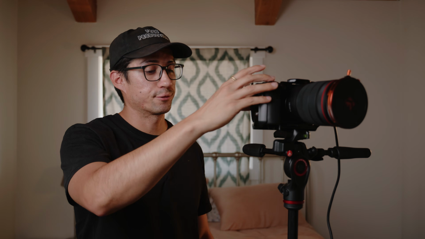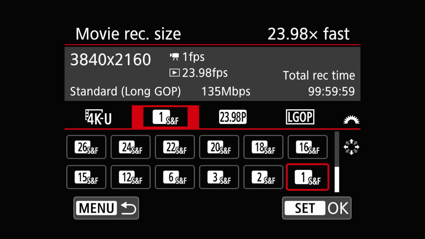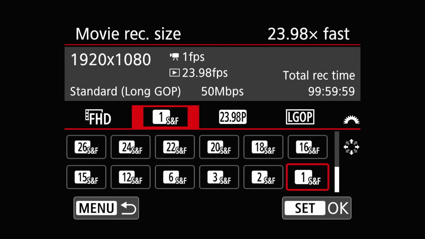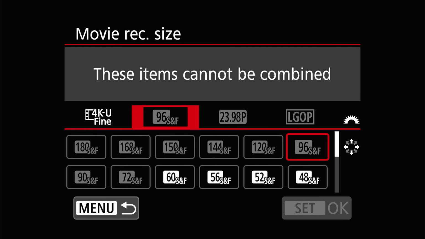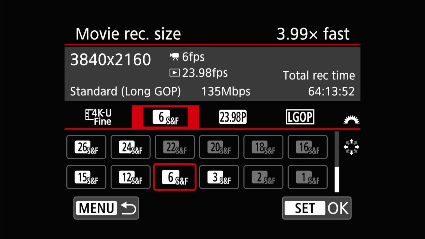Just know that depending on the resolution you choose in the first menu here, you'll have different frame rates you can capture in the second menu. So if we go to the full HD here, and then we go to S&F, you see we have 180 as your max and then 1 as your lowest. But if we go back and go to 4K Fine, you can see our max is at 60 and our lowest is at 3. I know this can get a little bit confusing, but I just really like how they lay out the menu